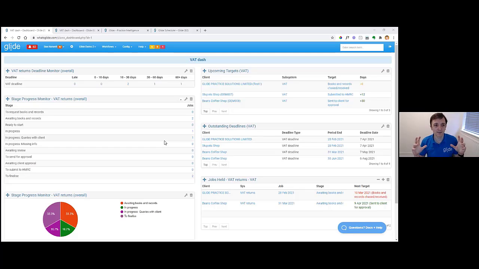Okay, so I'm looking here at a dashboard. Just to introduce these briefly, dashboards are an important part of Glide, and the habit I like people to get into is to get to the desk in the morning and load up the dashboard. They should really be doing two things. Firstly, answering any obvious questions, what VATs have we got to finish this month, what payrolls we're doing this week, etc. But far more importantly, in my opinion, they should be proactively bringing to your attention jobs, year ends, whatever type of work it is,